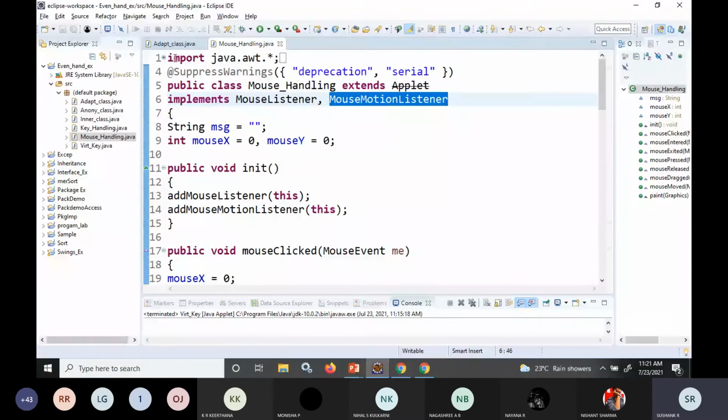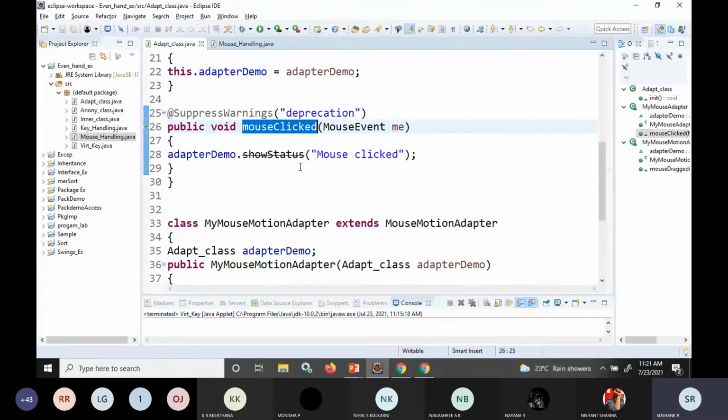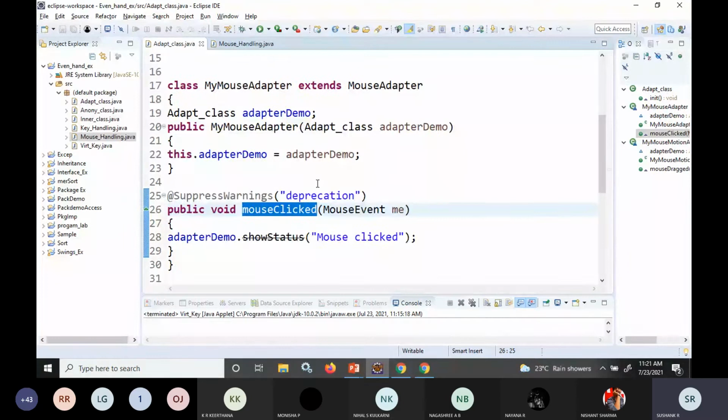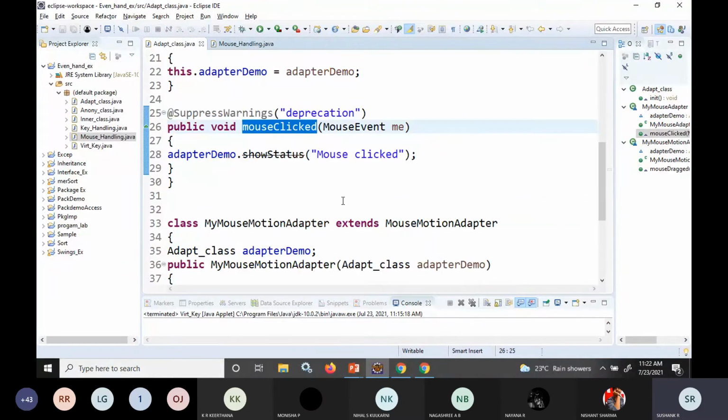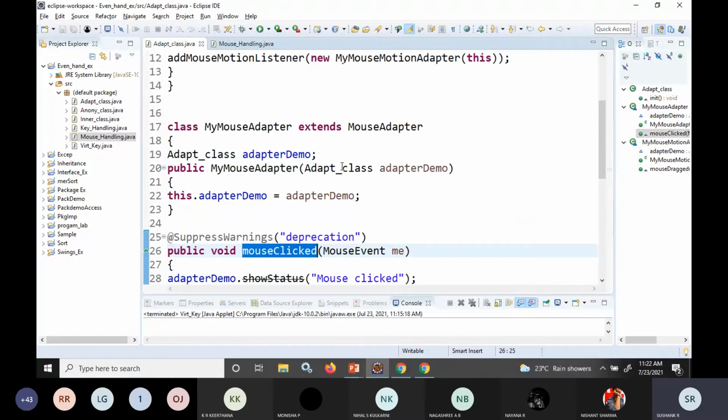Instead of implementing all the five methods, I can use only the methods which I want. So here I'm writing the logic for only mouse clicked. I'm not writing the logic for mouse pressed, mouse released, mouse entered, or mouse exited.